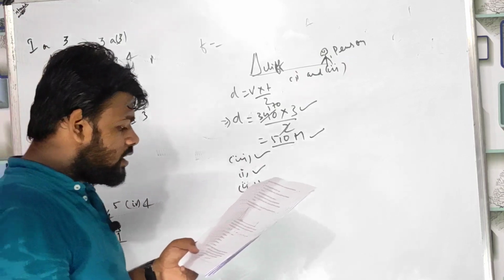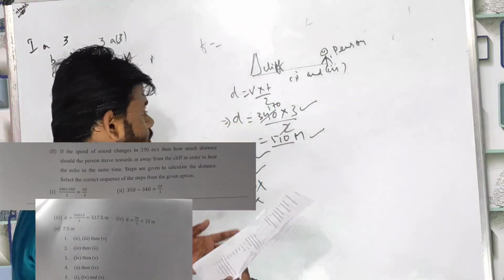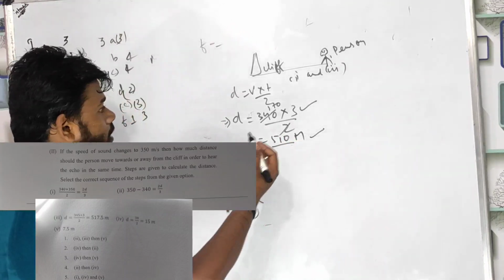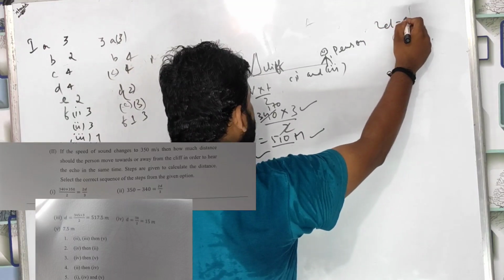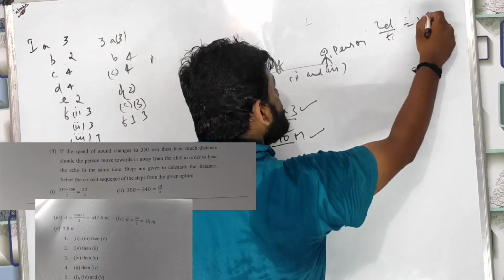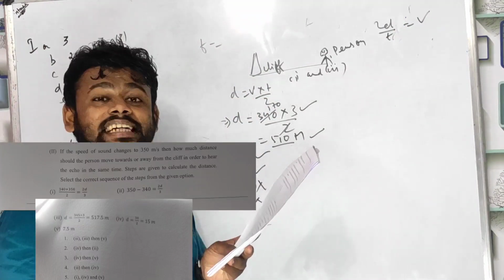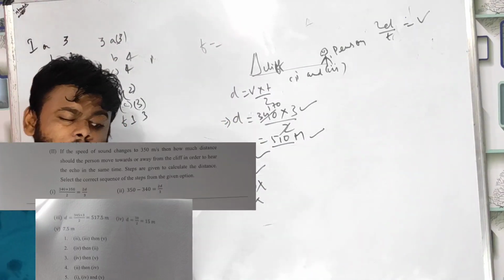If the speed of the sound changes, speed of the sound changes का मतलब क्या होता है? Let me do it: speed of the sound changes means here I can say 2D equals to beta, 2D by T equals to B. If the speed of the sound changes to 350 meter per second, then how much distance should the person